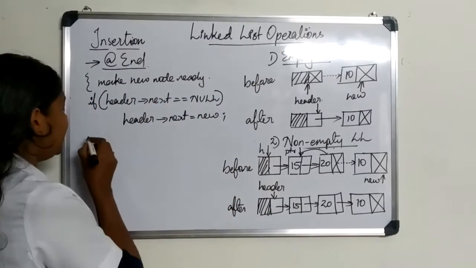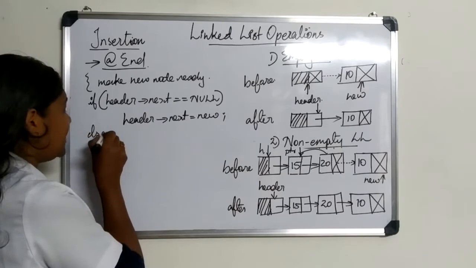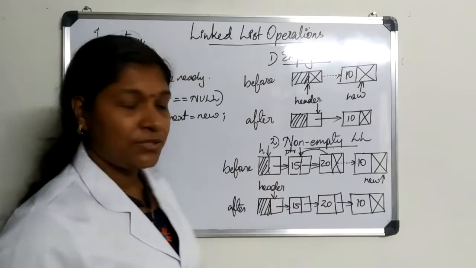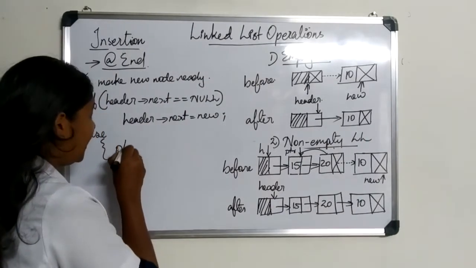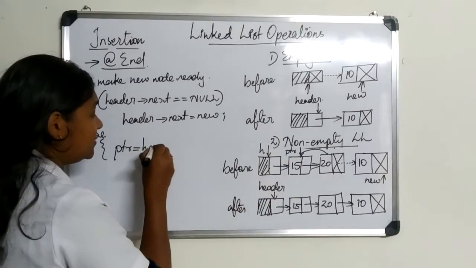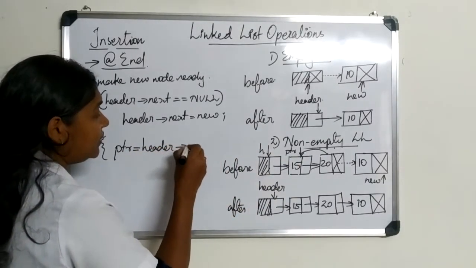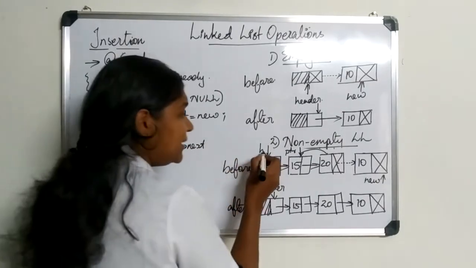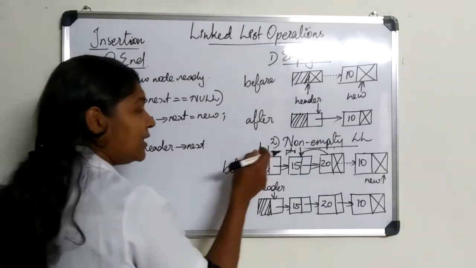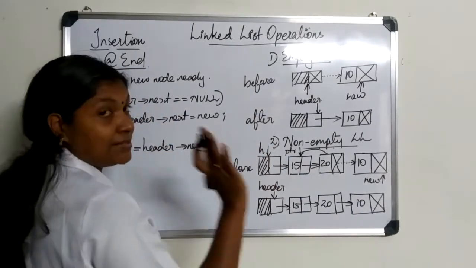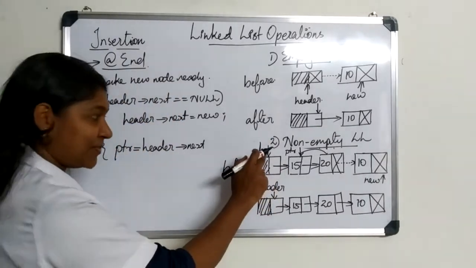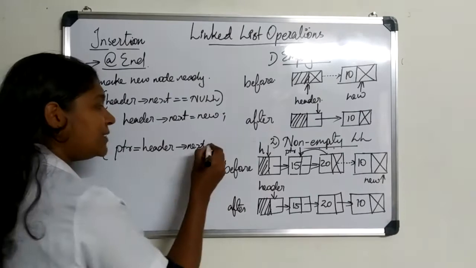Then coming to the second part, that is the else part. What should be done first? PTR should be pointed to the first node. So make PTR point to which node? PTR is equal to header.next. Even if I am writing this h here, this is header only. So don't get confused with the terms h and header. Both are the same. This is for saving space, so I wrote it as small h.